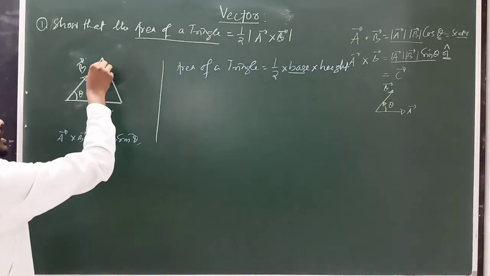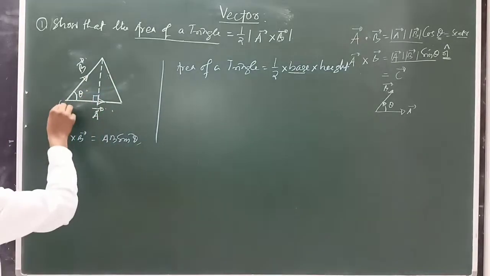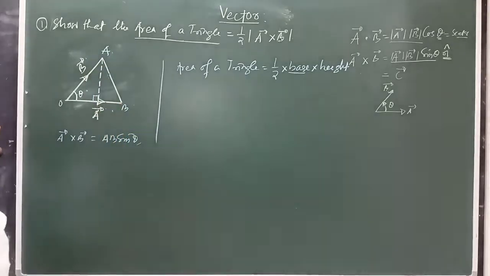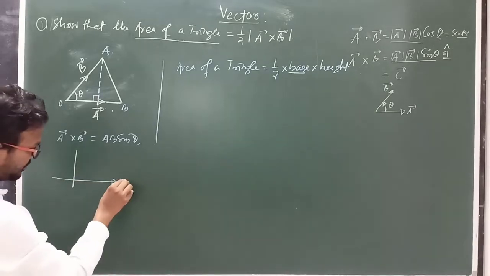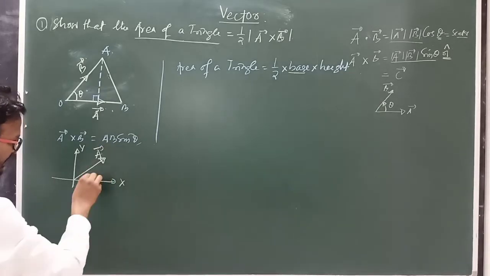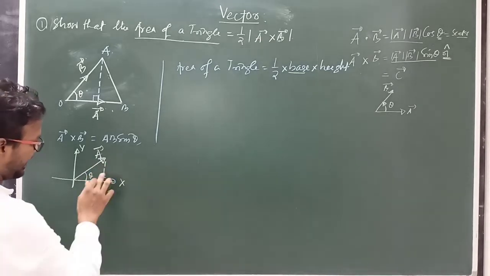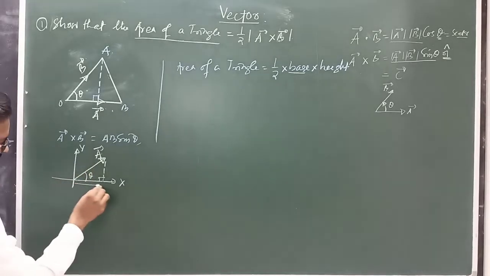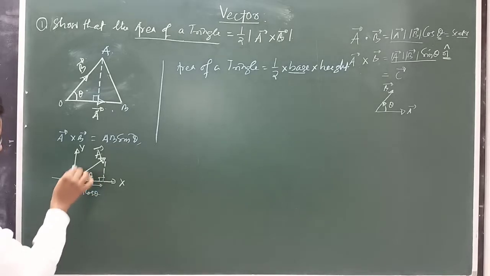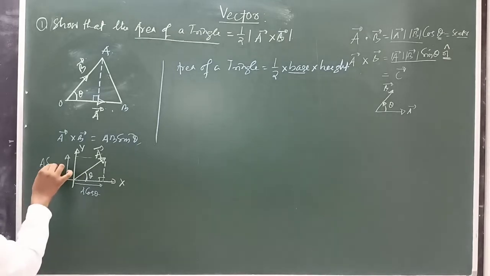Clear? So first we have to draw a perpendicular here. This is the perpendicular, and here this angle is 90 degrees. Suppose this triangle is O, A and B. Okay, what is resolution of a vector? We already know resolution of a vector: suppose x-axis, y-axis, and this is the vector A which makes an angle theta with the x-axis. Now we have to draw the projection, or rectangular component, of A vector along the x-axis. So here it is A cos theta, the component along the angle, but the other one is the perpendicular component, and this perpendicular component is A sin theta.